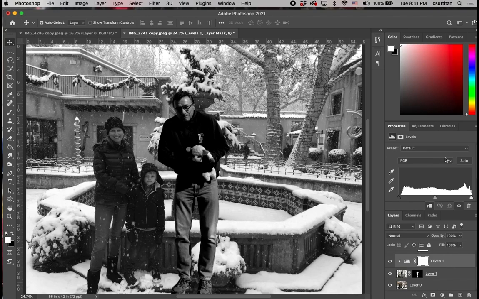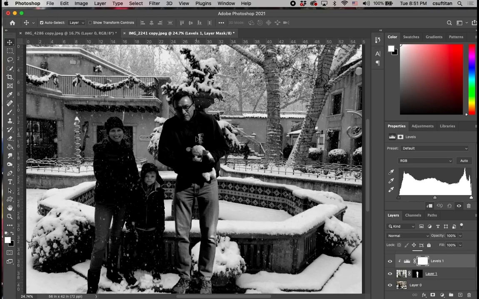And what I want to do with the levels is, again, I want to make sure that this is clicked, that it is linked to only the layer below. Right. And so now I would like to